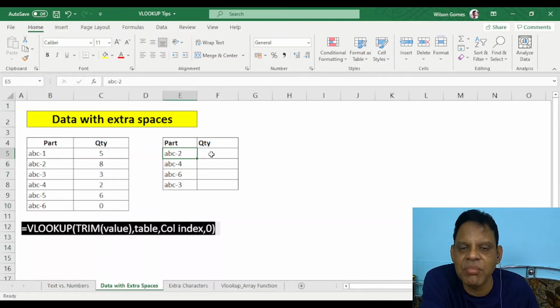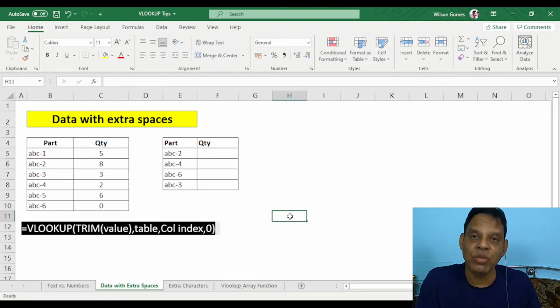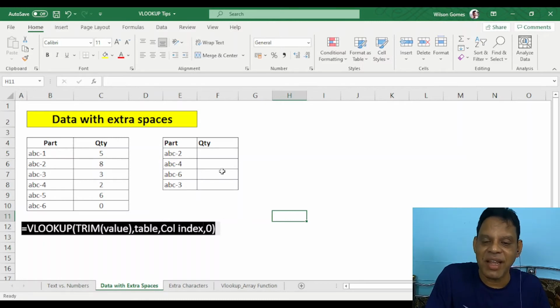This can be done by using the TRIM function. The TRIM function will remove the extra spaces. For example, here ABC2 is having 2 extra spaces, and here there is no extra space. I'll show you by using standard syntax what happens.